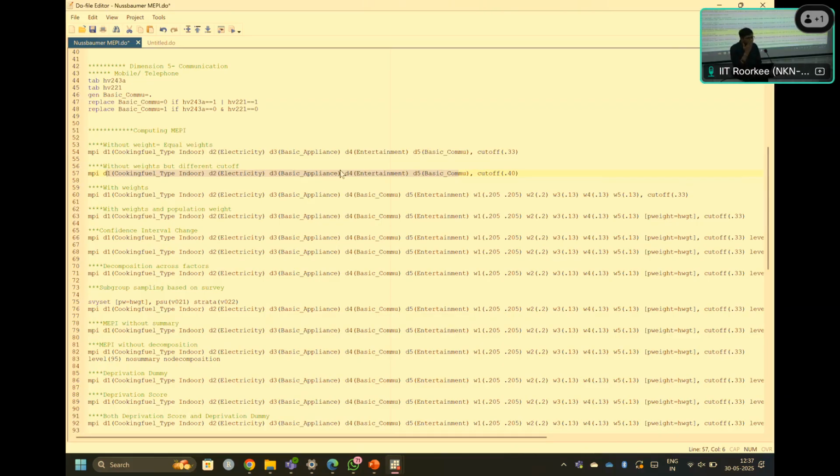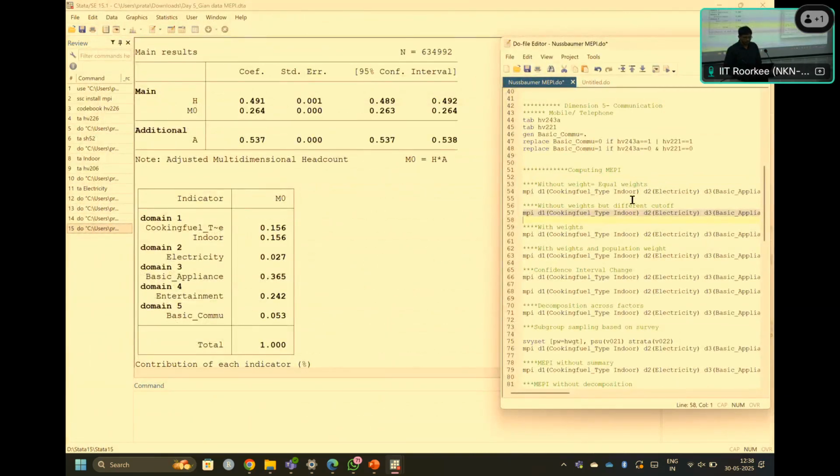Why is the 0.40 cutoff giving the same result? It's still giving the same result. Okay. How come? It should be different. Let's see. There is variation. There should be some variation. Otherwise, how come those who are at the 0.33 level of the poverty line are also the same at 0.40? It's not possible. And it's a bigger database also. It's not a very small sample size.